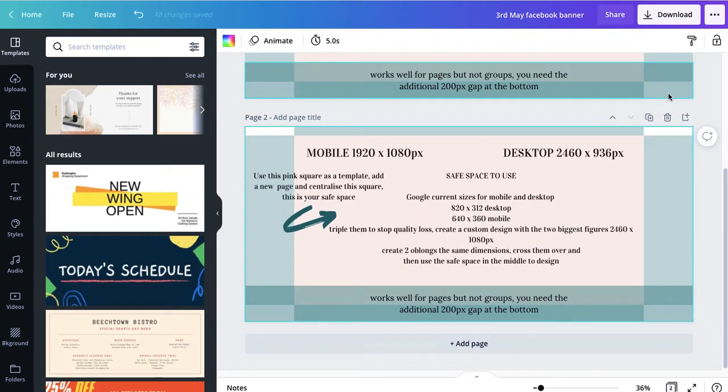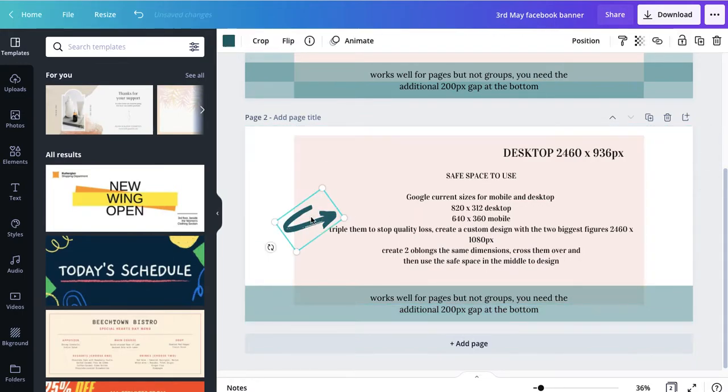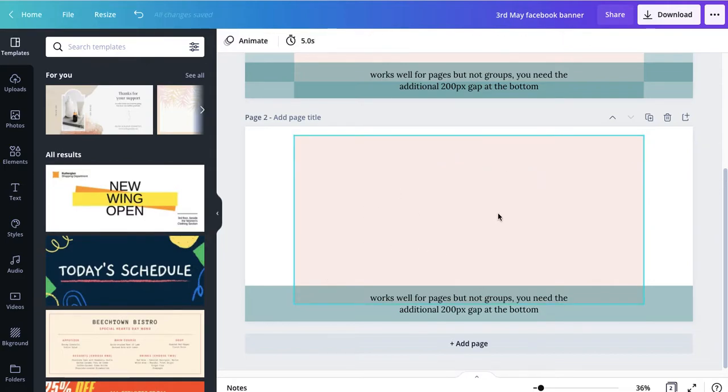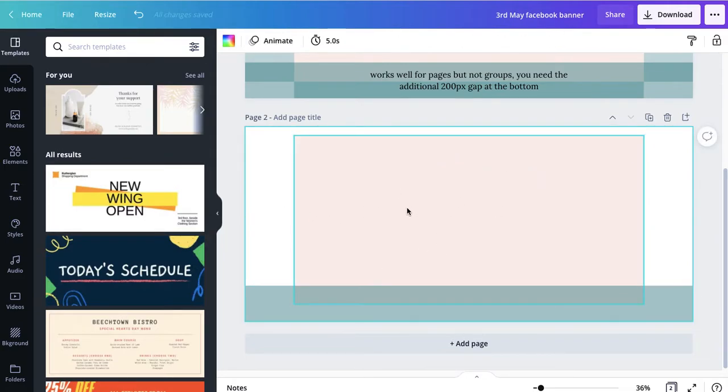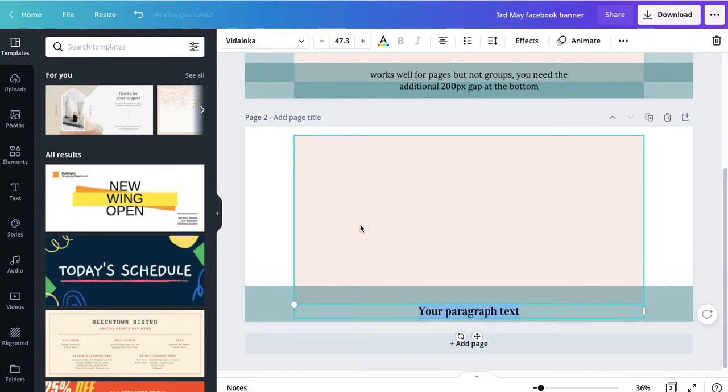I'm going to duplicate this, and I'm just going to delete a lot of this because this information I do not want. I am leaving my pink square so that I know if I design anything, it goes within this pink square. What I'm going to do is just lock these two elements. Right, so now I know this pink square is where I want my information to go. So I can add in a text box, Anchor Online